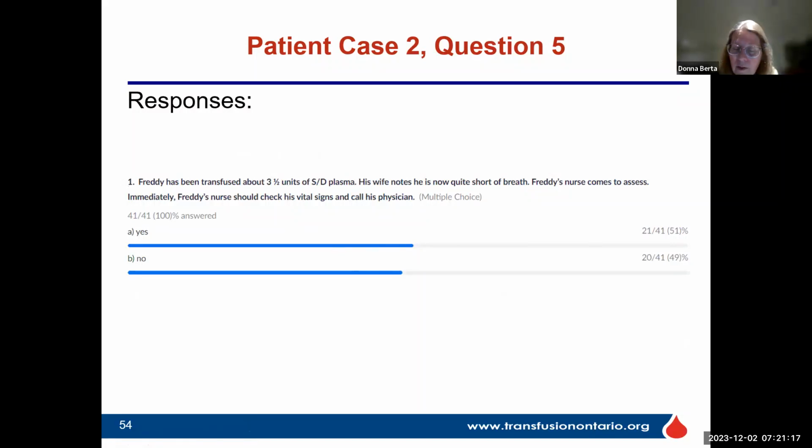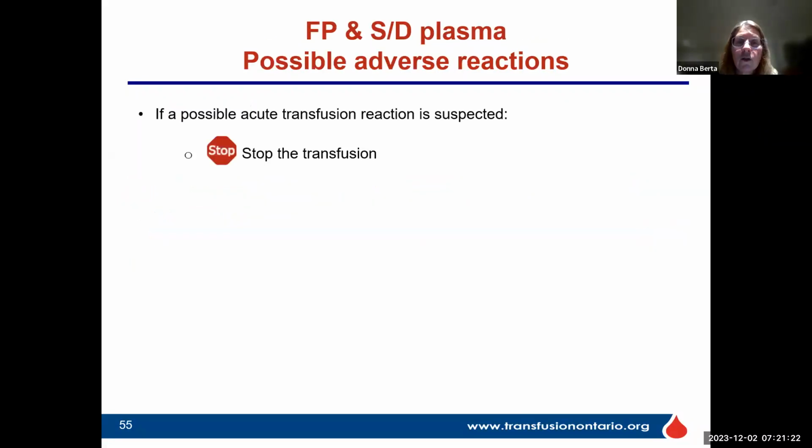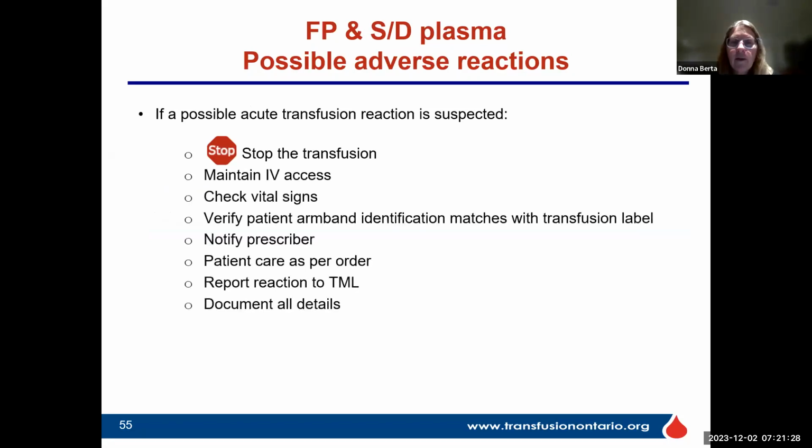The first thing whenever you suspect a transfusion reaction with any blood product is to stop the transfusion. So no different for FP. Stop the transfusion is always the first thing. And then the standard care that you would use for any transfusion reaction is applicable. So, keep the IV going, check their vitals, verify the patient identification, call the doctor, whatever patient care is ordered,